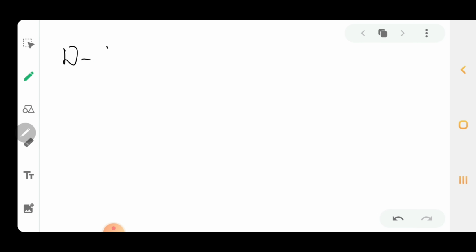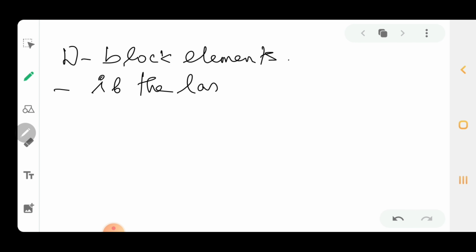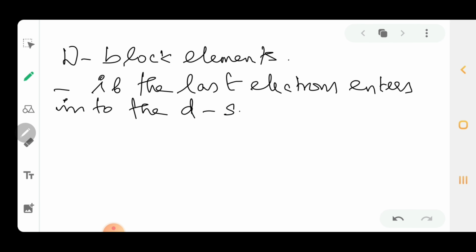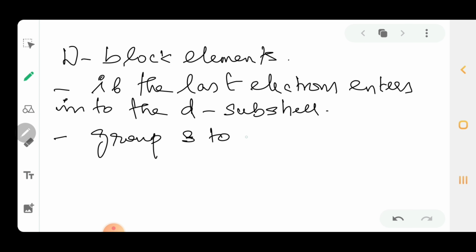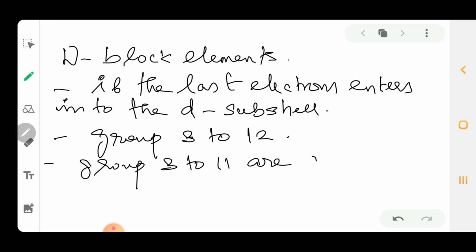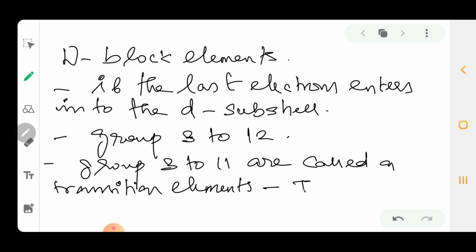So what do you mean by D block elements? Remember, if the last electron enters into the D subshell, then it is called D block elements, and we know it consists of group 3 to 12, and we know group 3 to 11 are called transition elements. So what I mean by transition elements, they have